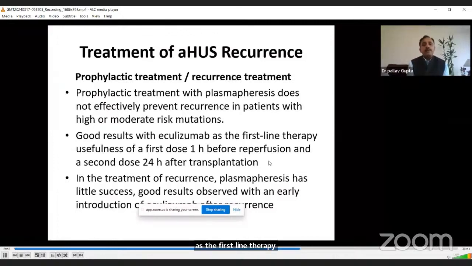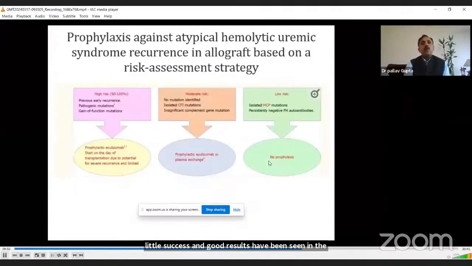And in the treatment of recurrence, plasmapheresis has little success, and good results have been seen with the early introduction of eculizumab therapy. So this is just to show you